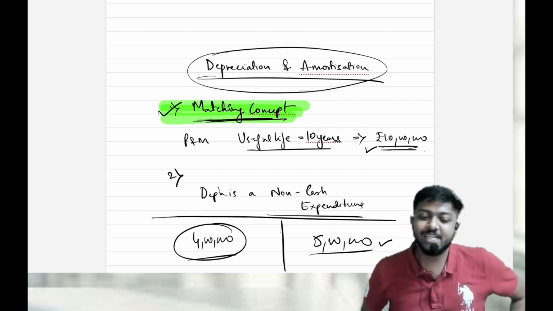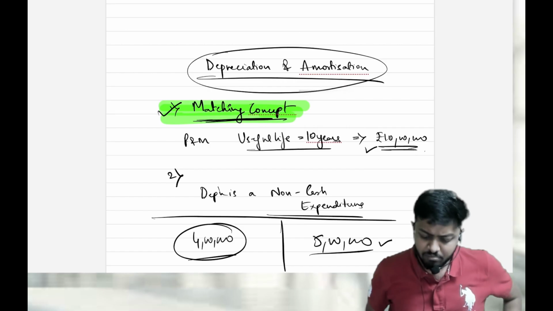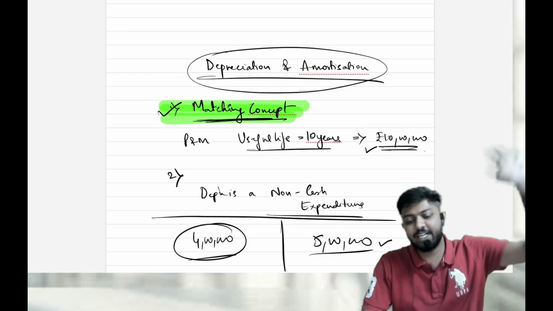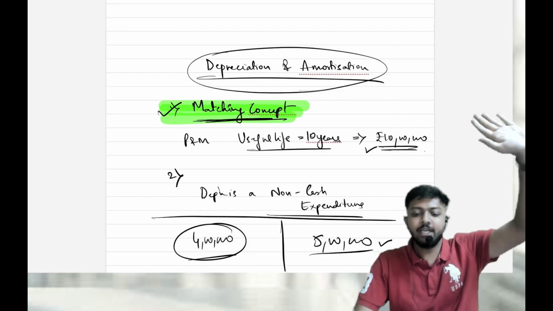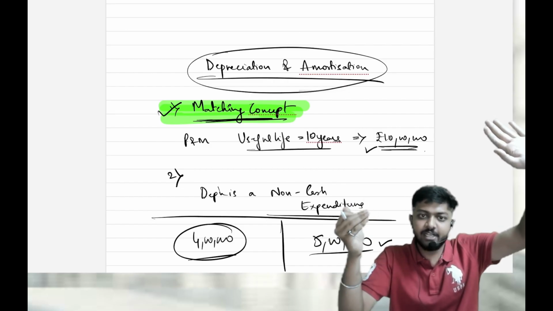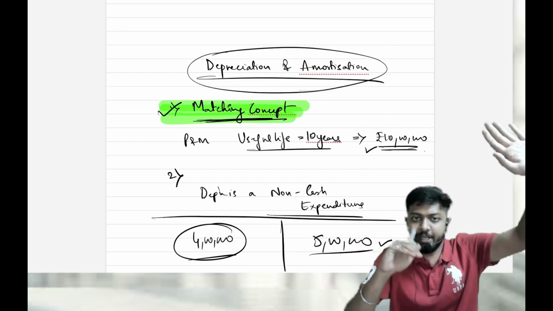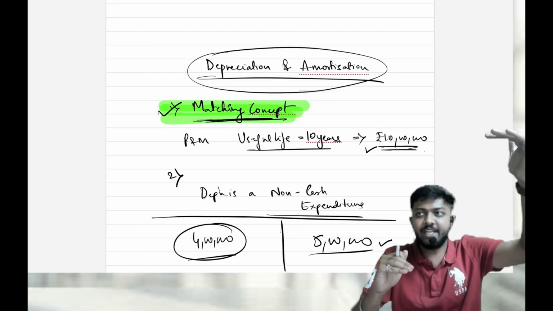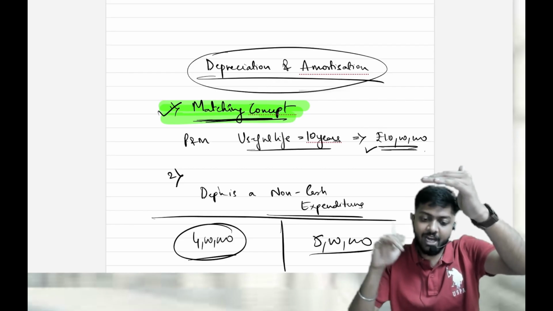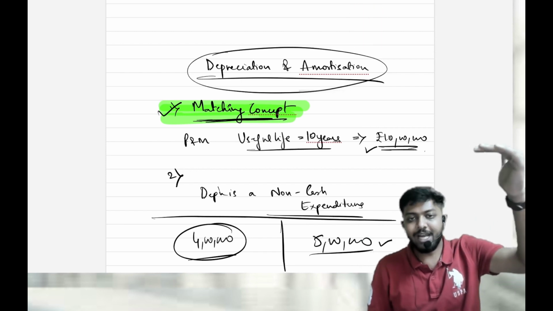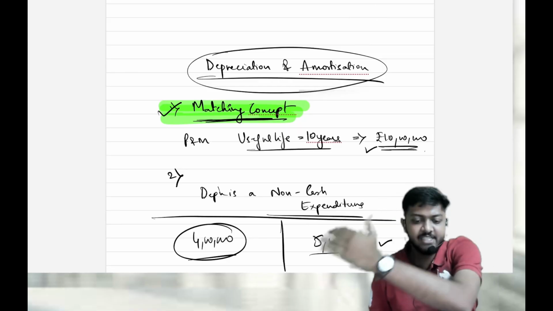So that's why the depreciation concept comes. What will depreciation do? Whenever I buy a plant and machinery, I put it entirely as an asset in the balance sheet, and every year I charge depreciation, which is an expense that goes to P&L. As I charge depreciation as an expense, the value of the asset is decreasing. When you bought it, it was 10. At the end of the first year you passed depreciation, and now the value of the asset became 9. Say in my example depreciation is 1 lakh. 10 becomes 9, 8, 7, 6 over the years.